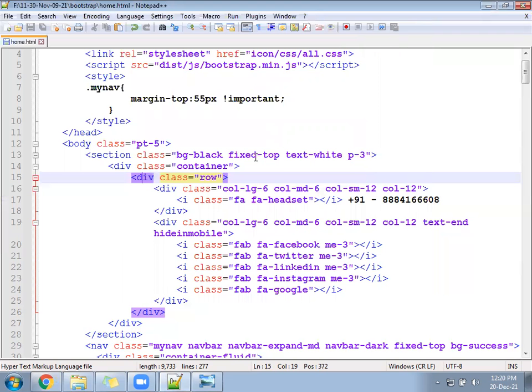Check it. Open the developer guide. That is called SM.